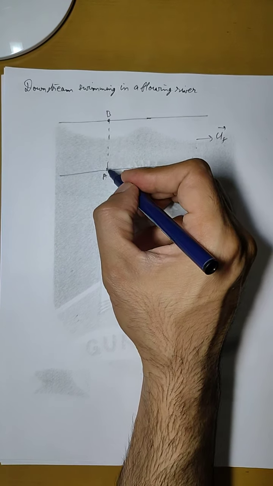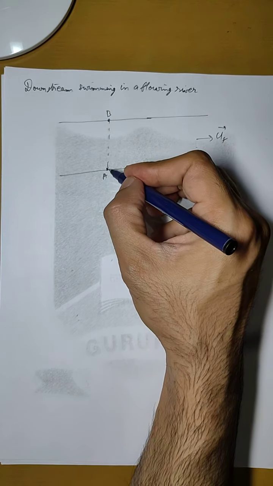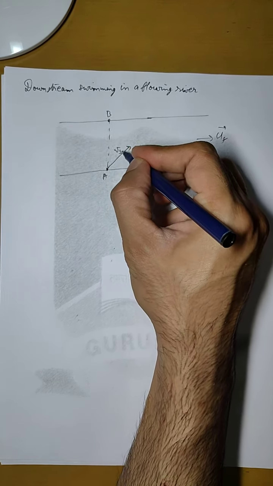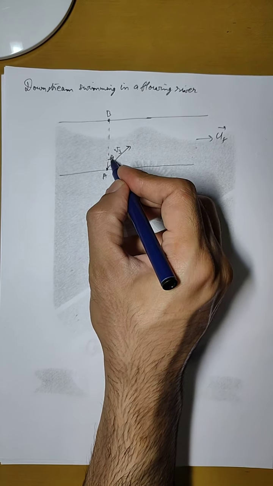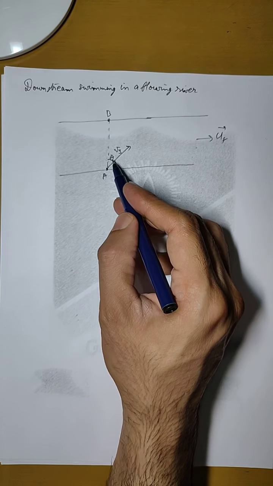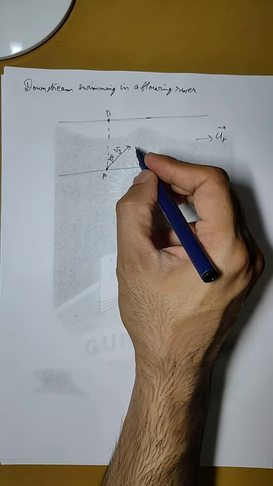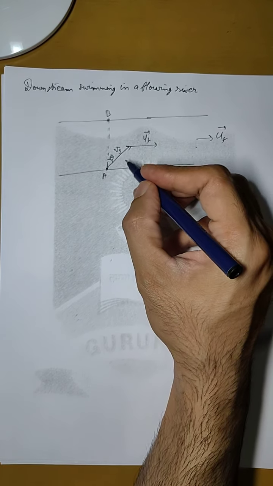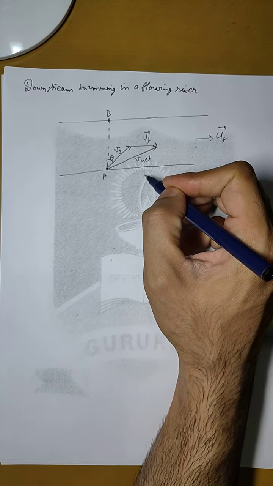Now this time the swimmer is not jumping in the direction of B, the swimmer is jumping downstream. Downstream means in this direction. The swimmer jumped in this direction, so this is the velocity of the swimmer. He is making an angle theta with the direction of AB, so we can say that the swimmer has jumped downstream at an angle theta with AB, at an angle theta with the vertical. Now Uf is still in this direction. So the Vnet this time will be given by this vector.